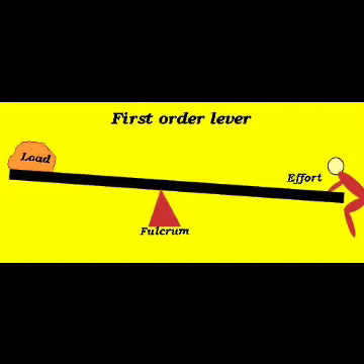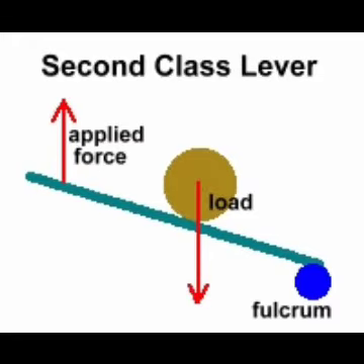Next one, second class lever. In this, the fulcrum is at one end and the force applied is on the other end. The weight is situated in the middle of these two. The order of this would be fulcrum, weight, force. The application of force at one end will result in some work done on the other end. For example, doors and gates, bottle openers, nail clippers, staplers, etc.